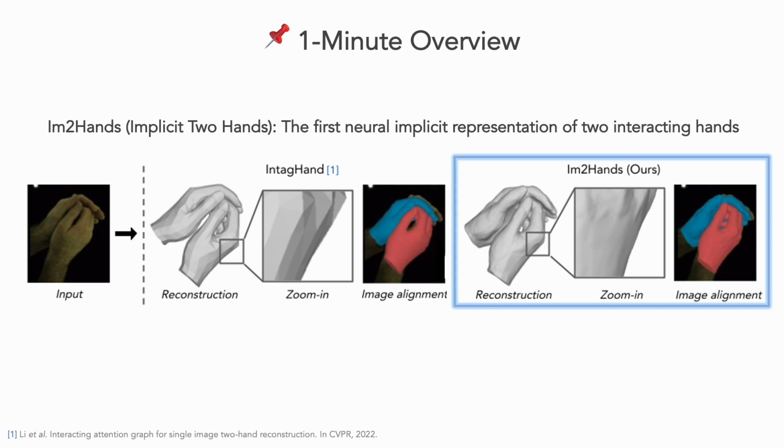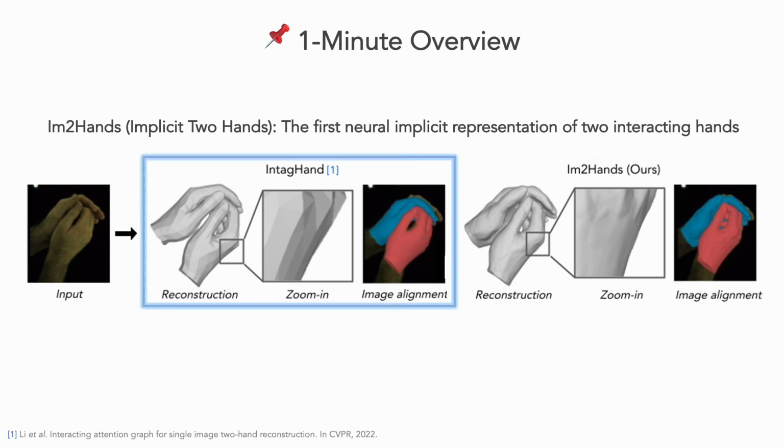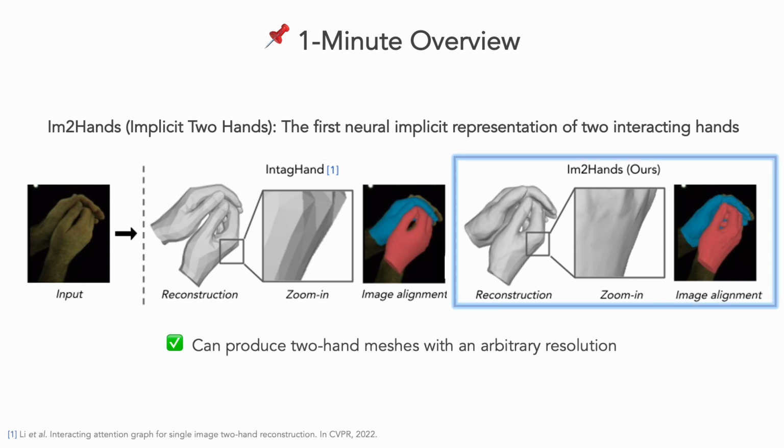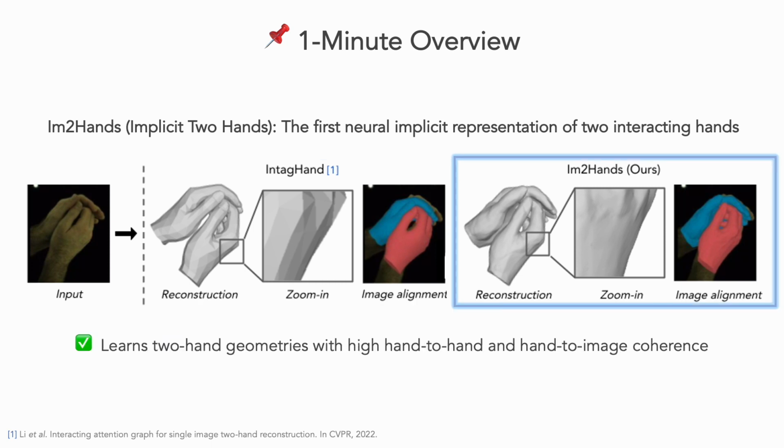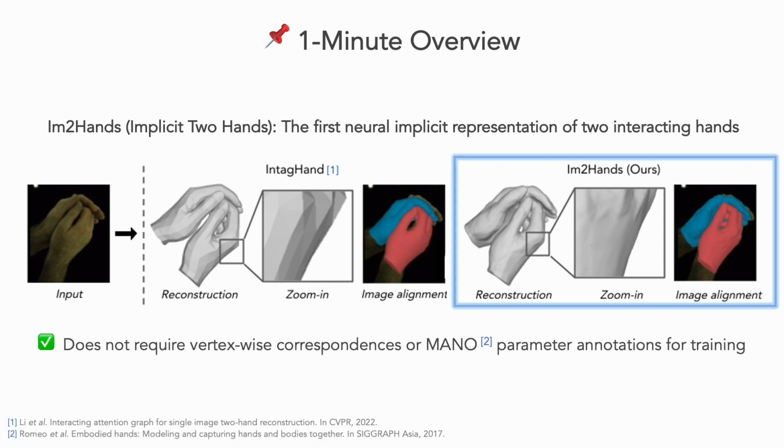We present Im2Hands, which is the first neural implicit representation for two interacting hands. Compared to the previous state-of-the-art method that relies on low-resolution mesh representation, Im2Hands can produce two-hand meshes with an arbitrary resolution, learns two-hand geometries with high hand-to-hand and hand-to-image coherence, and does not require vertex-wise correspondences or MANO parameter annotations for